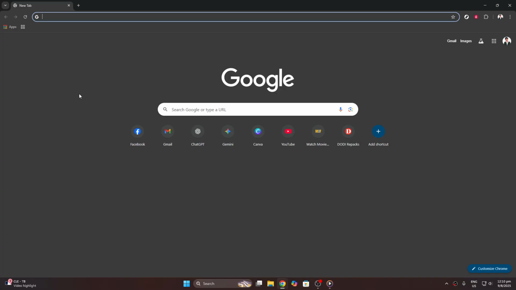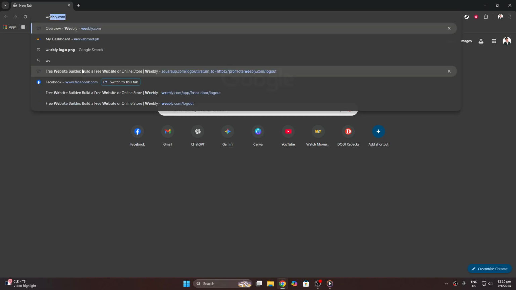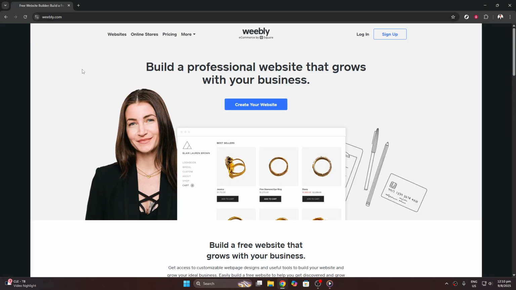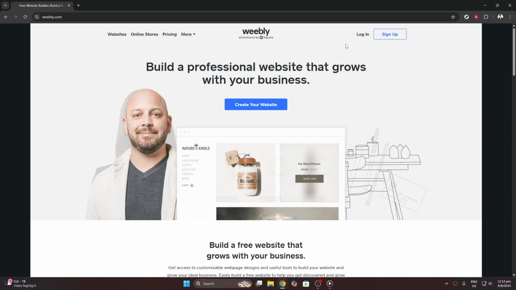First, let's navigate to Weebly's homepage. You'll want to open your preferred browser and type in www.weebly.com. Once the page loads, you'll find yourself on the main landing page. Here, you'll discover a welcoming array of options and various features highlighted that Weebly provides. Take a moment to explore if you'd like, but when you're ready to proceed, let's head over to the login